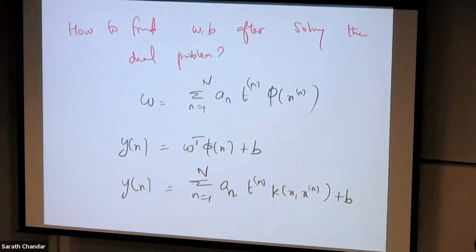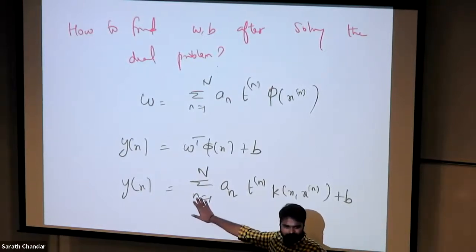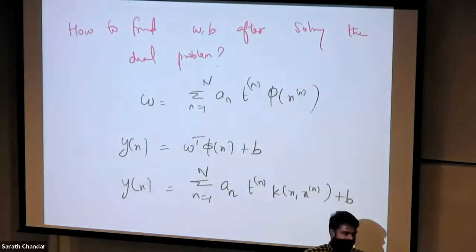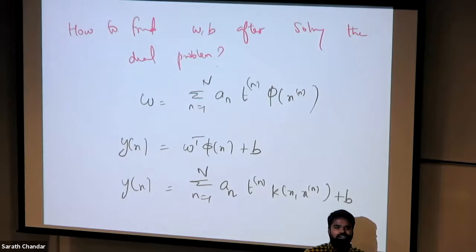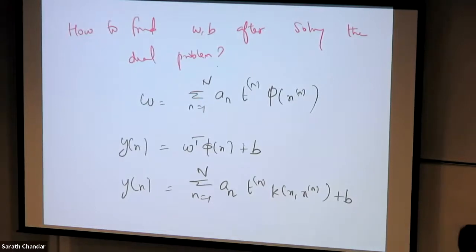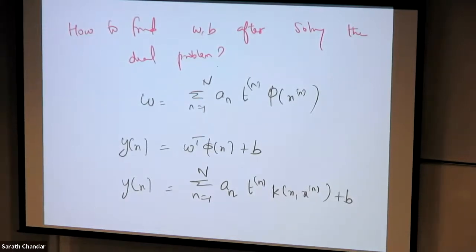However, if you solve the dual problem, now this is my model. This model has a summation over n is equal to 1 to capital N, which means this equation is going to take time linearly proportional to the number of examples that I have. If I have 10 examples, the summation is quicker. If I have a million examples, it is going to be longer. This is very inefficient. Why do we want to spend so much compute for every example prediction? On the other hand, primal gives you a very compact notation.